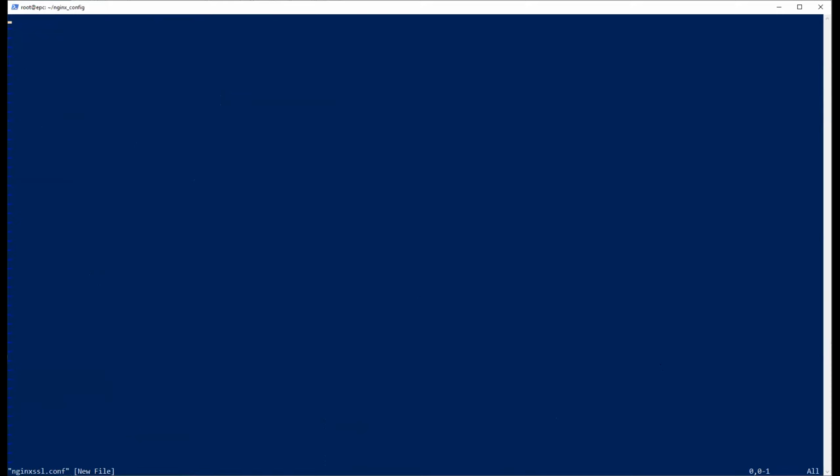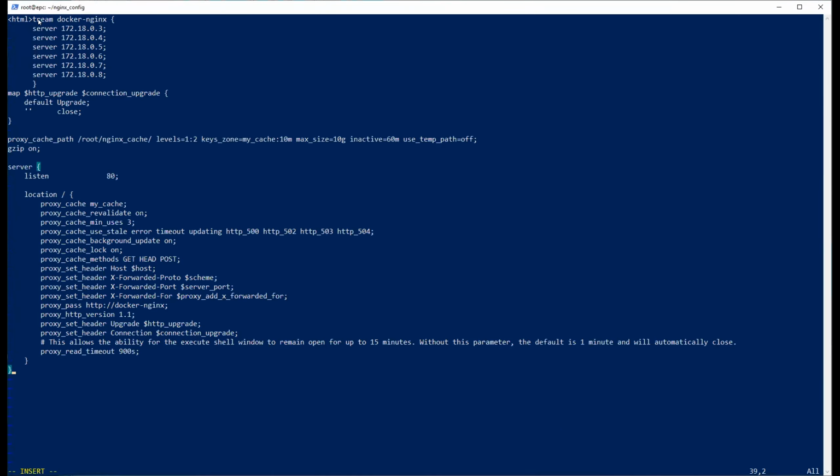And here you can copy paste the whole thing, because we are not focusing in this case on the configuration of Nginx. You can find this all on their website. It's explained in terribly big detail, so you can do everything with that little software. Without HTML, please. That's not the way to go. Upstream, that looks better. Everything looks fine.